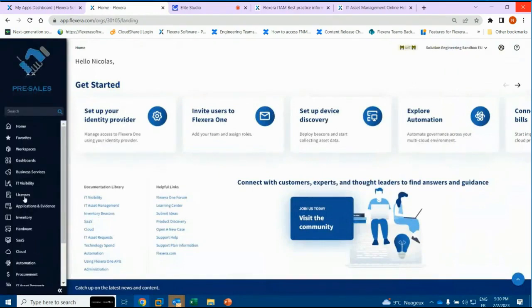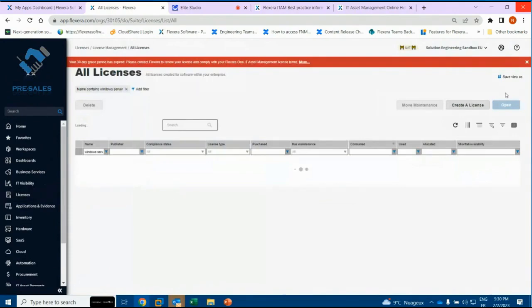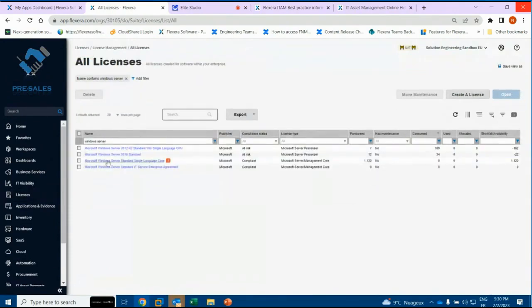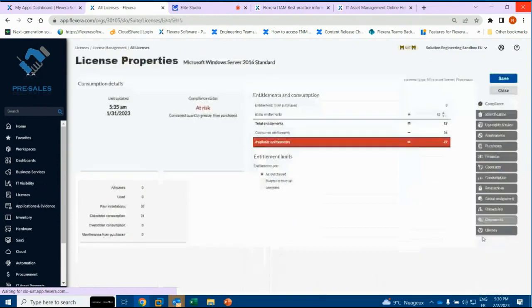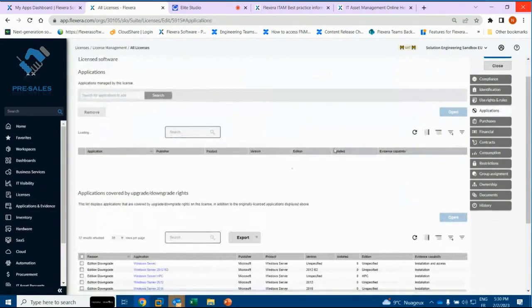You will see that on the license, if I open the licenses, if you take this one, for instance, you will see that there is a sort of priority. If I open in the application list, for each application,